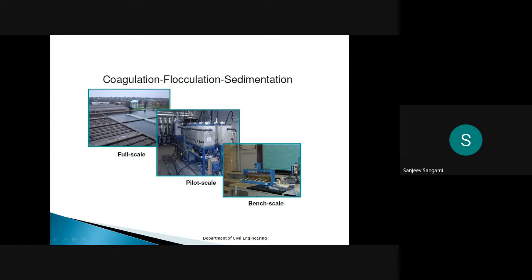Maybe, if possible, after this rainy season, we will definitely visit the water treatment plant and the wastewater treatment plant. In the next semester you have wastewater; we are going to deal with wastewater. In this semester, we are going to deal with water. We'll have a demo or an industrial visit to a water treatment plant as well as a wastewater treatment plant, and you can observe how this coagulation process and this flocculation process happen in the real field.